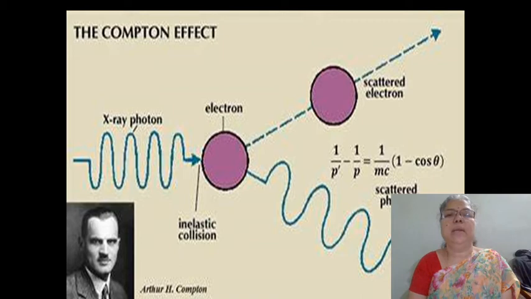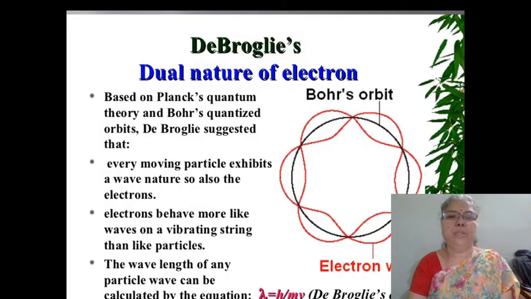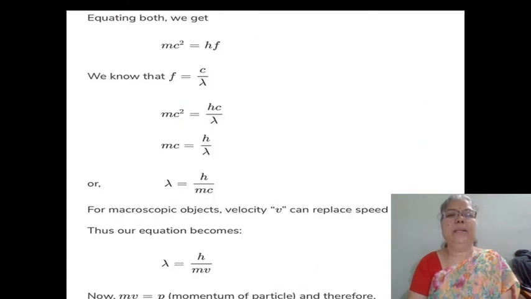That means if we precisely determine the position, we are less accurate in the determination of its momentum, and vice versa. This is the short Heisenberg's uncertainty principle. In the derivation of lambda equals h by p, we have used two